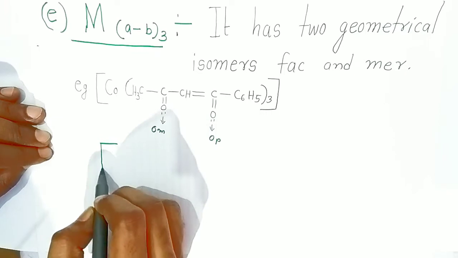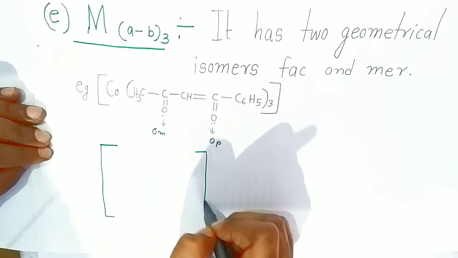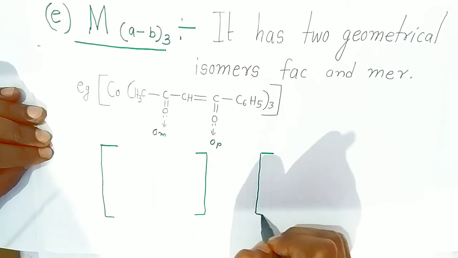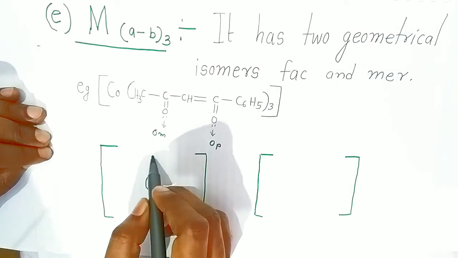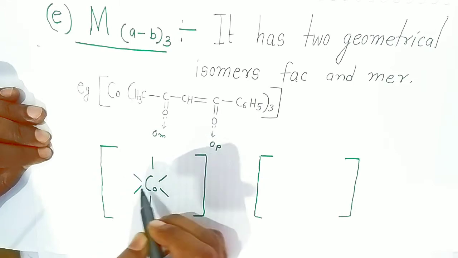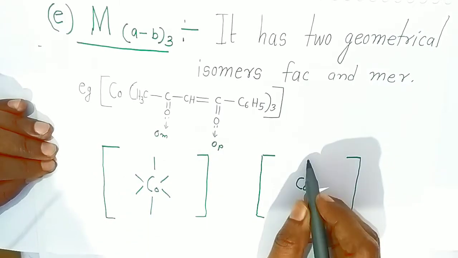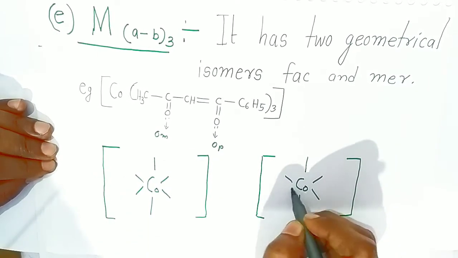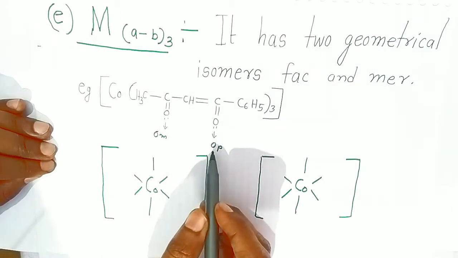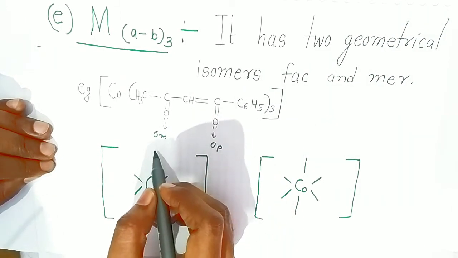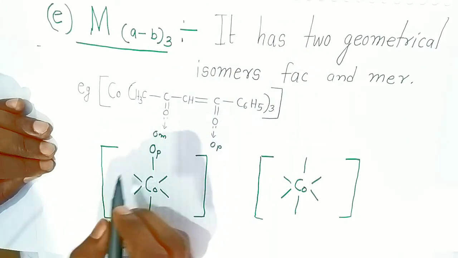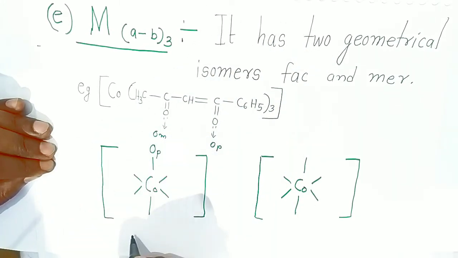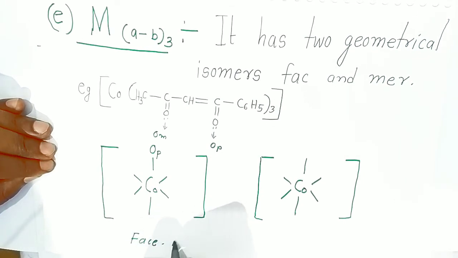So students, how to write the isomers of this complex? First you have to make this symbol. Now students, here cobalt will be at the center. Same way you have to write like this, students. Here also cobalt will be at the center, and you have to write the molecule like this. Now students, oxygen of this phenyl group you are putting here. This is the simple oxygen of the phenyl, this side you are going to attach here. Then oxygen of the methyl group will be attached to this, because we are writing fac. We are writing fac structure, fac isomers.